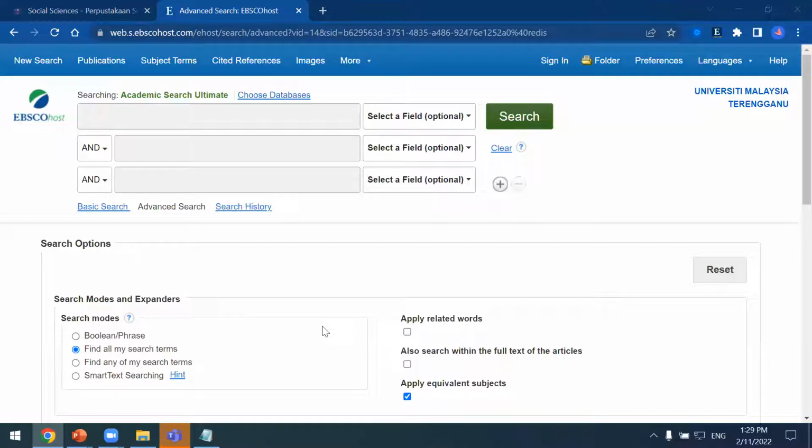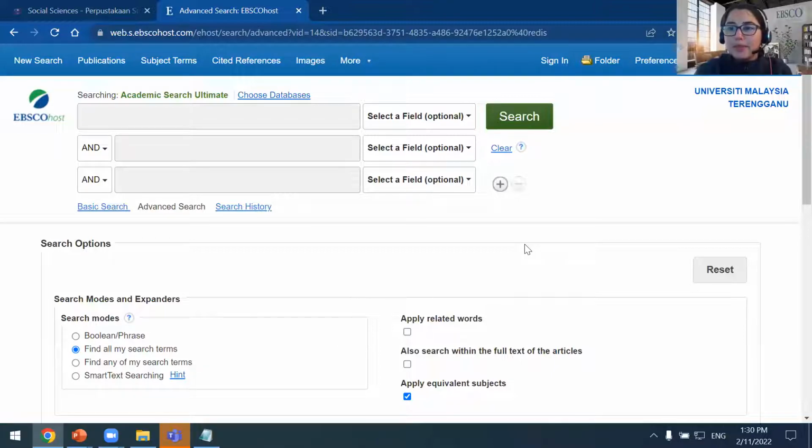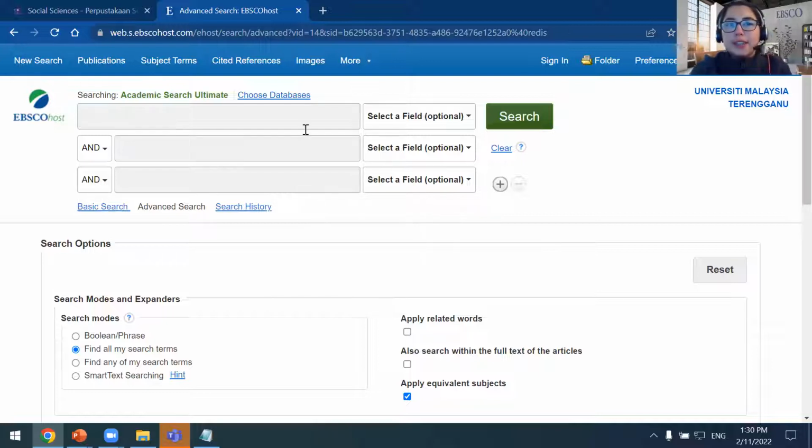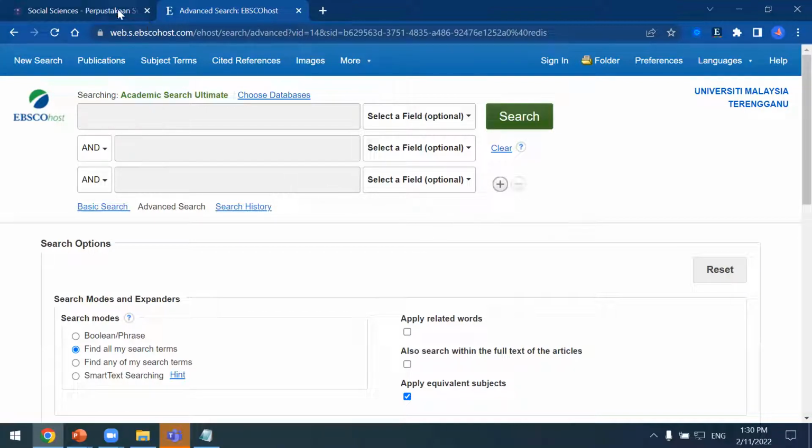Hi, I would like to ask, as we do a search here, right? Because earlier you got to the Academic Search Ultimate, right? So it means that the articles that will appear here are from only this EBSCOhost database, or will they also come from other databases as well? So that's a really good question. The content here is coming from EBSCOhost. So everything you search on here is from the Academic Search Ultimate database from EBSCOhost. So it means there won't be any other papers from Web of Science or Scopus, right?